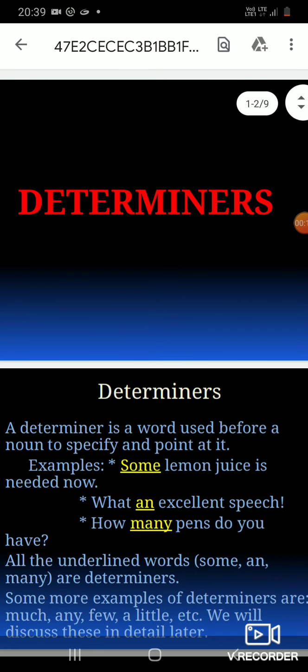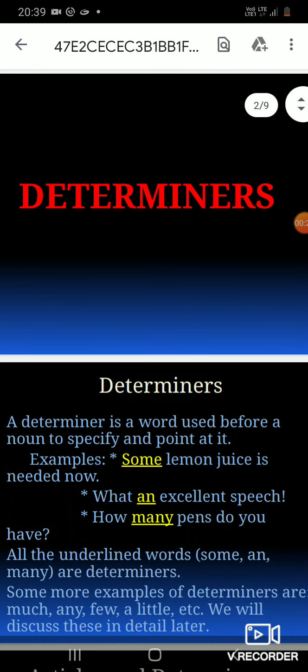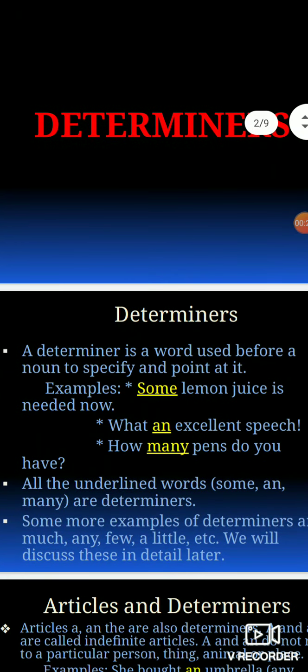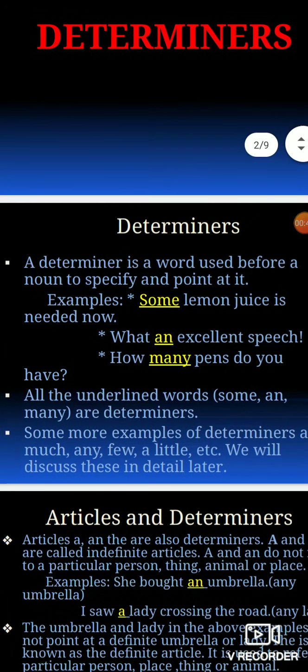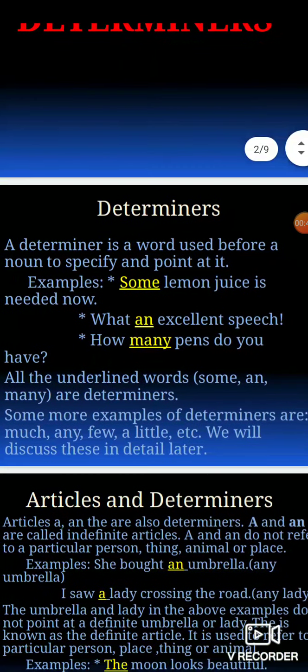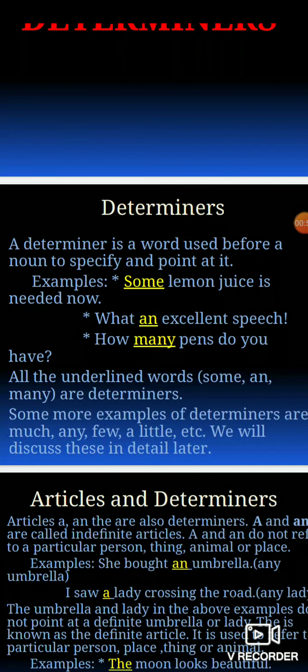तो आज हम पढ़ेंगे डिटरमाइनर्स। तो डिटरमाइनर्स क्या होता है, पहले हम लोग यहाँ रीड करते हैं कि डिटरमाइनर्स क्या होता है। तो डिटरमाइनर इज अ वर्ड यूज बिफोर अ नाउन टू स्पेसिफाई एंड पॉइंट एट इट। तो डिटरमाइनर्स एक वर्ड होता है जो नाउन के पहले यूज़ होता है। उसको हम लोग उस पर पॉइंट करने के लिए, मतलब उस पर दिखाने के लिए, उसके बारे में बताने के लिए यूज़ करते हैं। तो इसमें कुछ एग्जांपल्स हैं, जैसे कि सम लेमन जूस इज़ नीडेड नाउ।